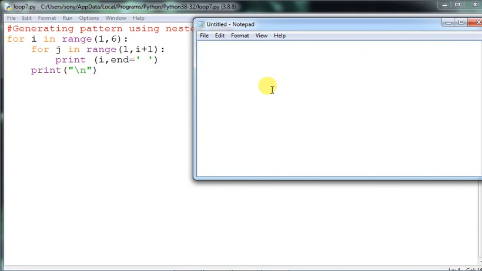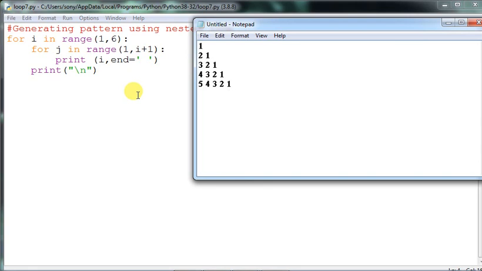Okay, so I am just doing out here 1, then 2 1, we are going backward. 3 2 1 and 4 3 2 1 and 5 4 3 2 1. All right, that is the thing. So now what is actually happening out here, 5 4 3 2 1, let's see. So how is this output to be generated?